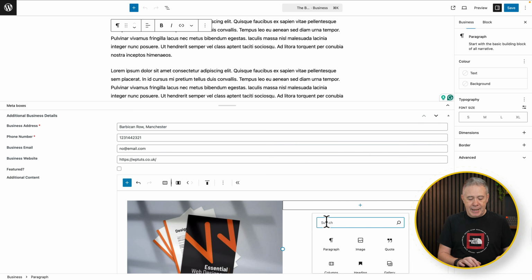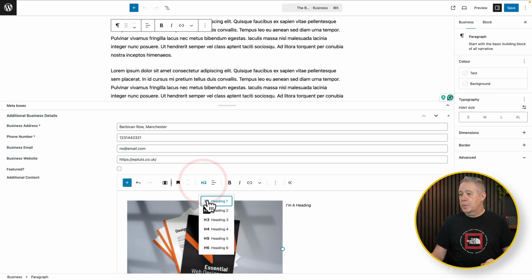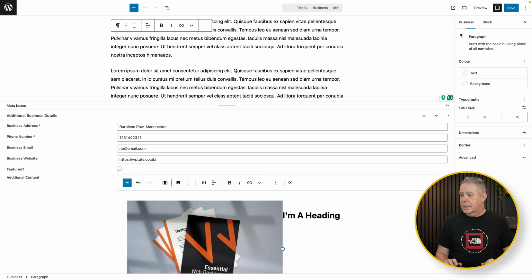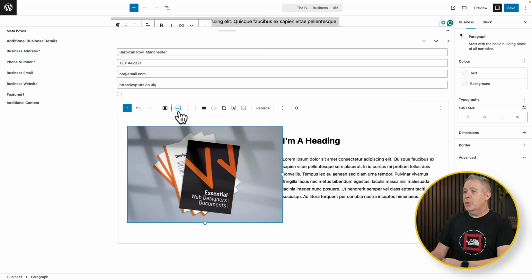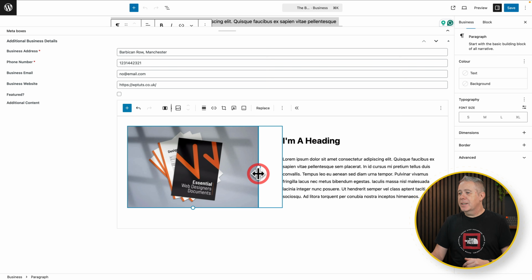So let's just say we'll add a heading inside here, set that just to be H1 so we can see some difference. Click underneath, add some text in. But what you can see is it starts to get just a little bit awkward to work with. Because we don't have all the options for like list view and things like that, we can't really see what's going on that well. We can adjust things inside here, but we're kind of limited in what we can do